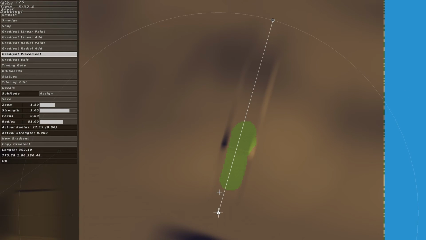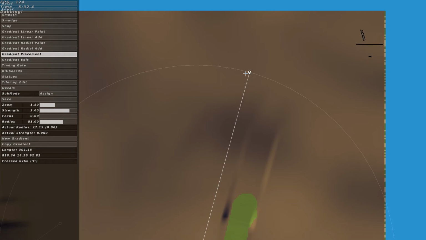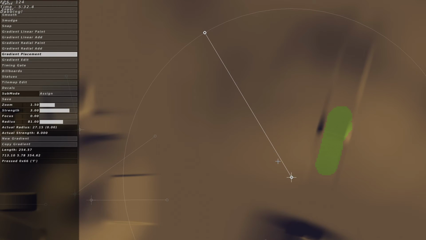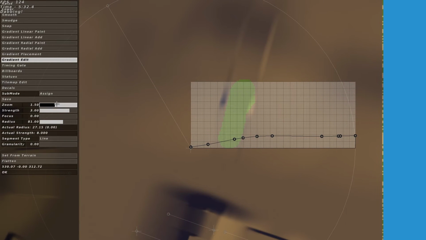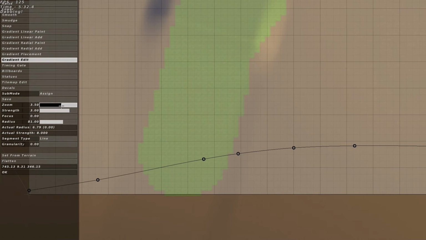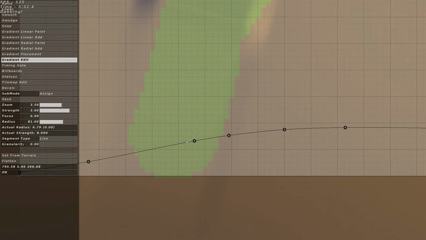So this is where it might get a little bit tricky. I'm going to reuse this gradient. I'm going to make a tabletop somewhere around here. So I'm going to set from terrain again, and this is our gradient, as you can see. Let's say I want to have a tabletop